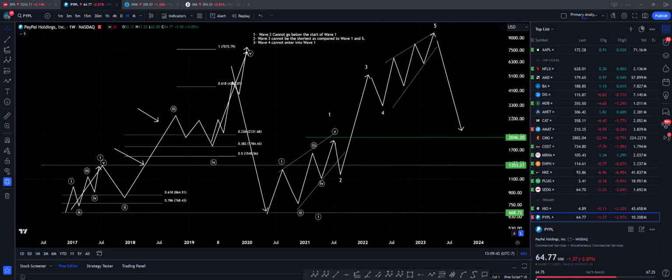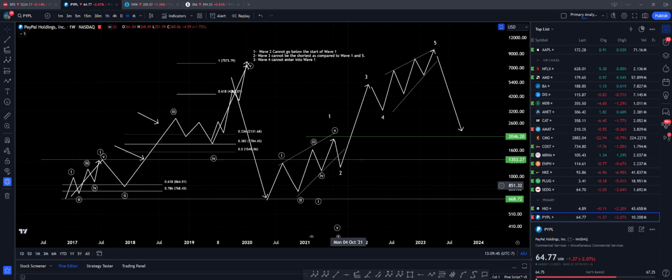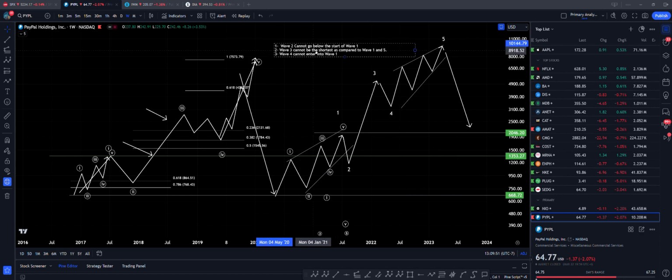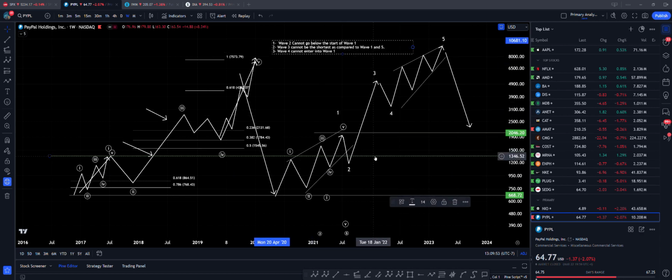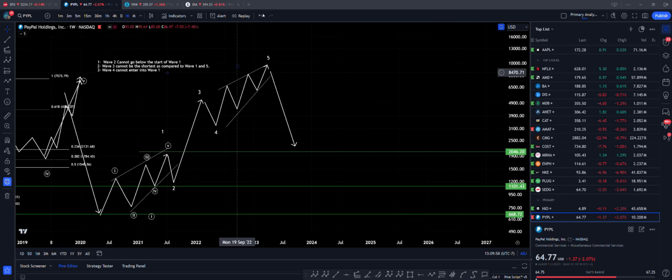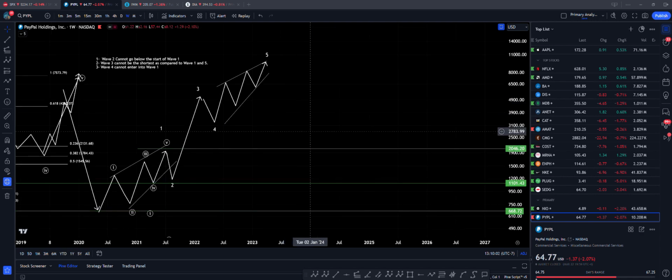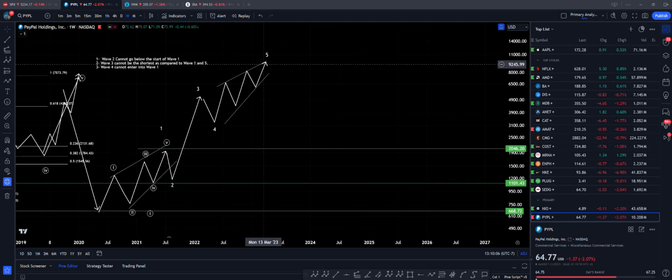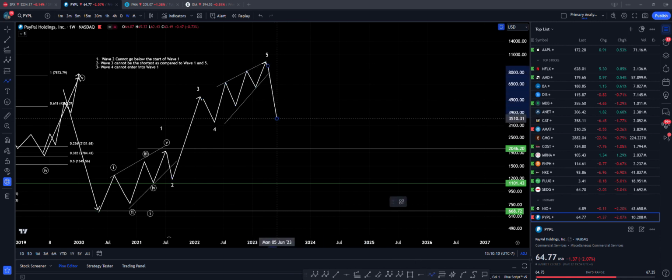These were added on later on and are well accepted, and we see them on an everyday basis, right? So this was all about an impulse or a motive wave. Now let's start talking about corrective waves, right? Correction. So now while we are here, let's talk about the first type of correction, which is going to bring this whole impulse move back down, which we call a pullback, and we want to